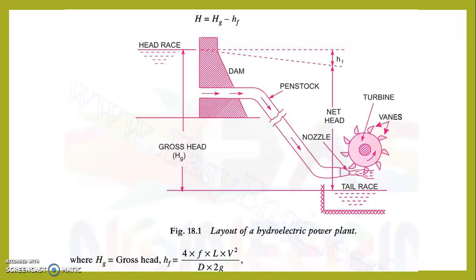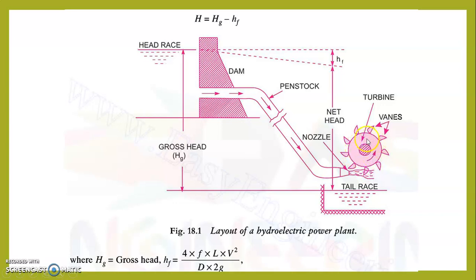First one is the hydraulic efficiency. It is the ratio between the power given to the runner. This is called the turbine or runner. The power given by the water is called the water power. And while water is hitting the turbine, the turbine will be running at some speed. So the turbine got some amount of power.